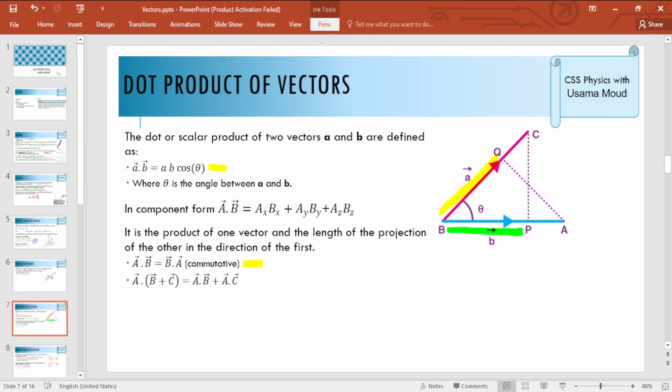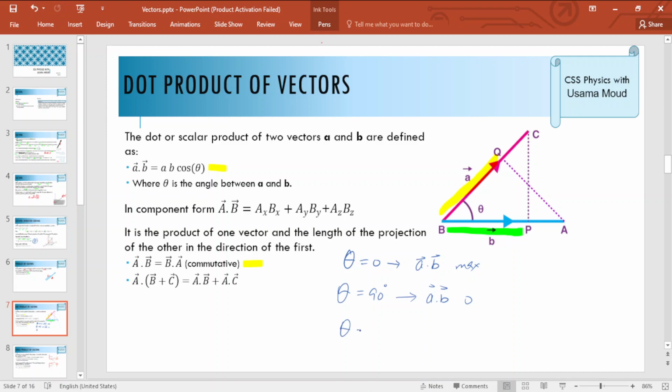A few interesting properties related to this dot product: theta can be 0. It means that a dot b would be maximum. And if theta is 90 degrees, this is the case when two vectors are perpendicular. So the dot product a dot b would be 0,